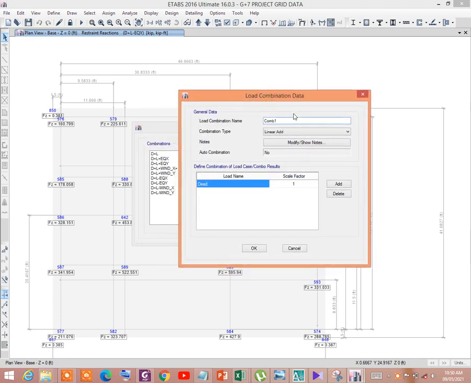Give it a name, maximum load combination value, and the combination type is envelope. You have to select envelope.